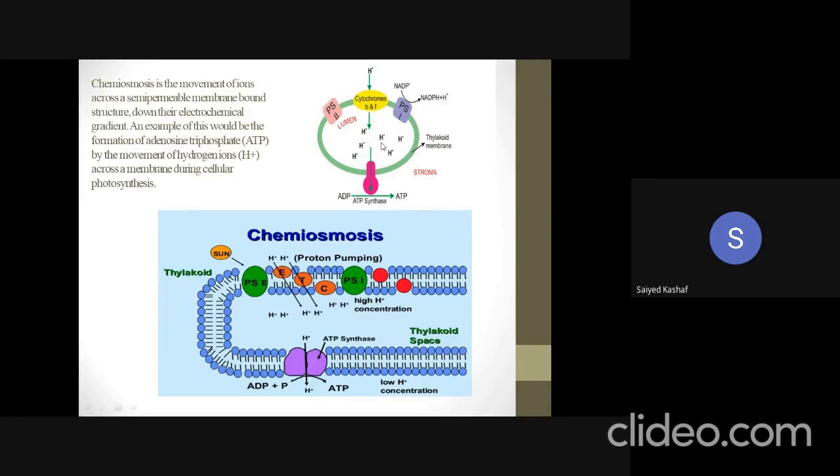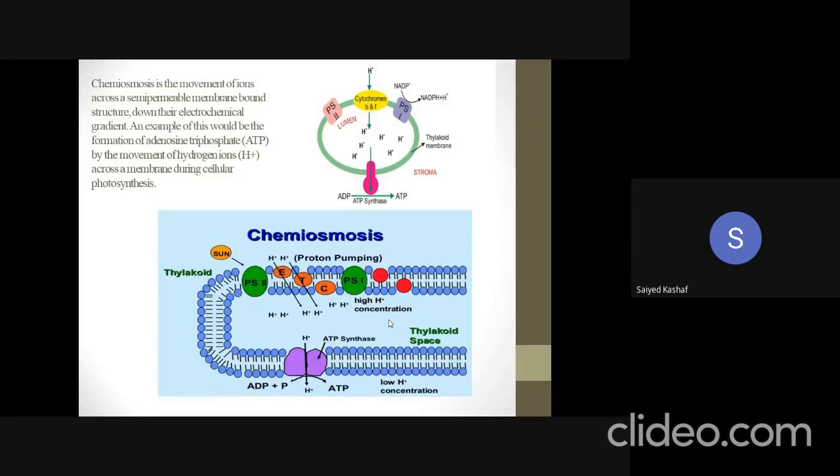How this ATP has been produced, and how the H plus ion concentration decreases in the stroma and increases in the lumen of the thylakoid. That's it. This was all about the preparatory phase of